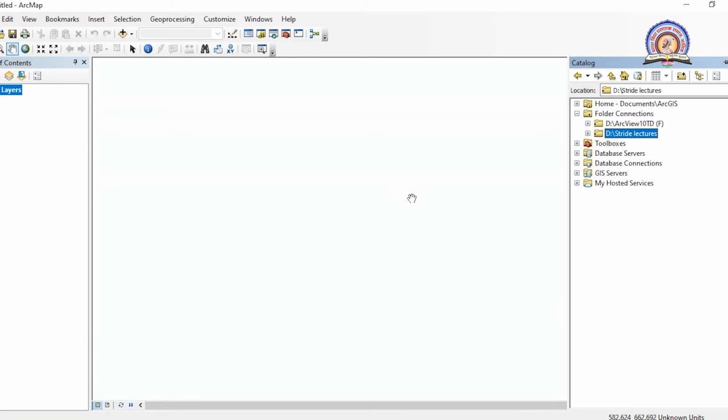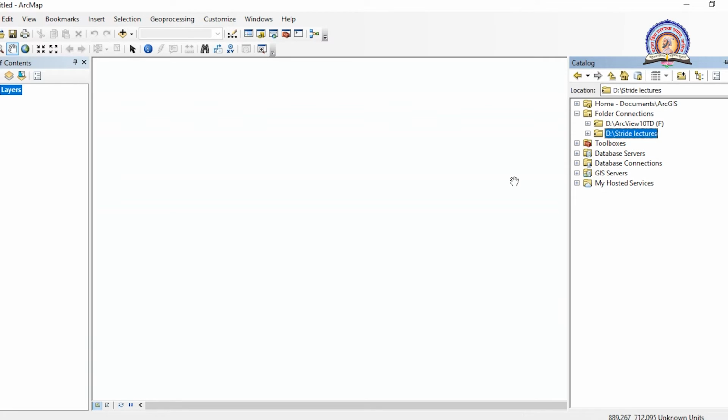Now the second thing is that whatever scanned map or hand drawn map, whatever data we have about our study area, our case study, our project, has to be saved into that folder so that we can bring it into our software. This is called inputting of data into our software. Now, I have one topo sheet which I have already saved there, displayed over here. We will talk about this later.